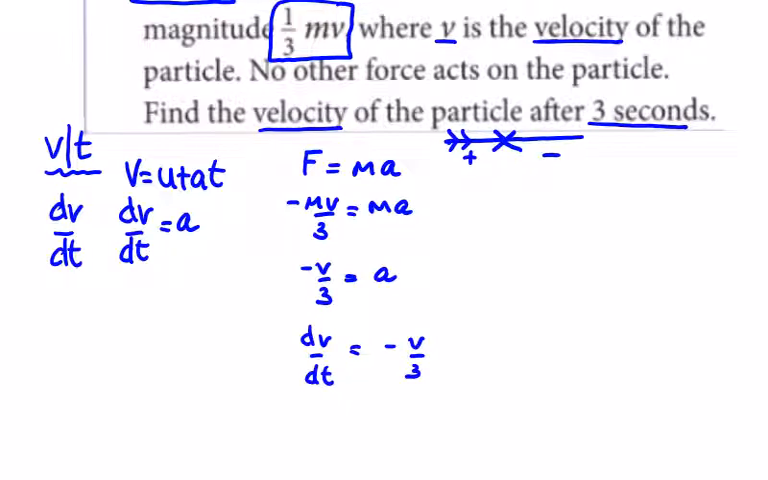So isolating these, we want velocity after 3 seconds, so we want time on its own. Let's factor out the third on the right hand side, minus 1/3, multiply across by dt, and then divide across by v, so we get dv over v equals minus a third dt. And if we integrate these,